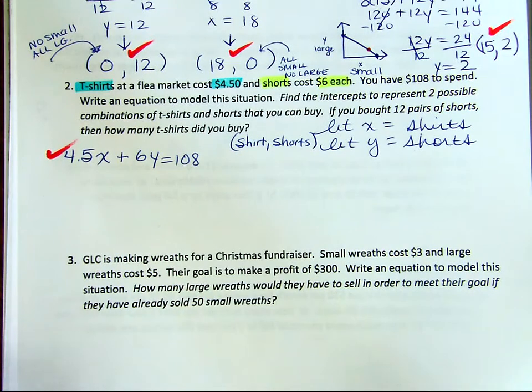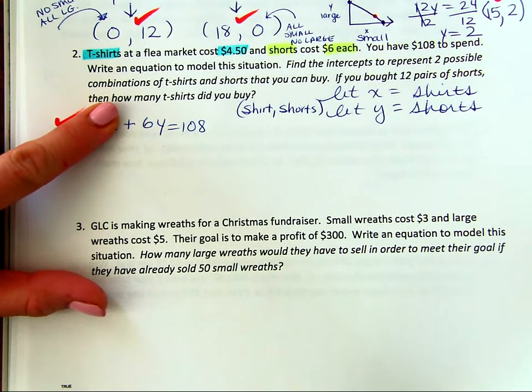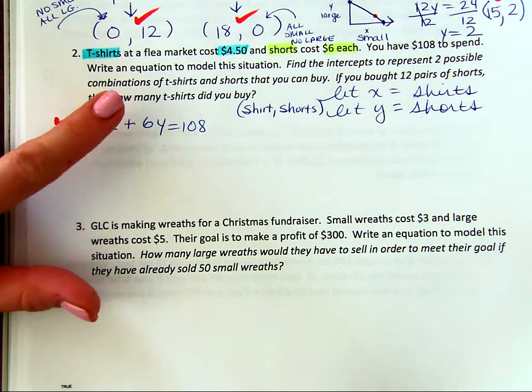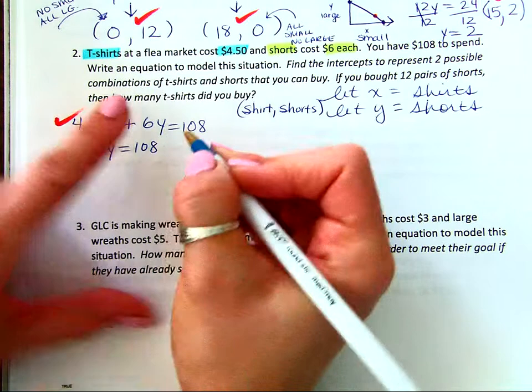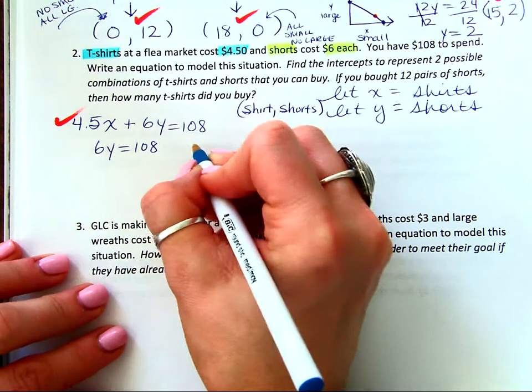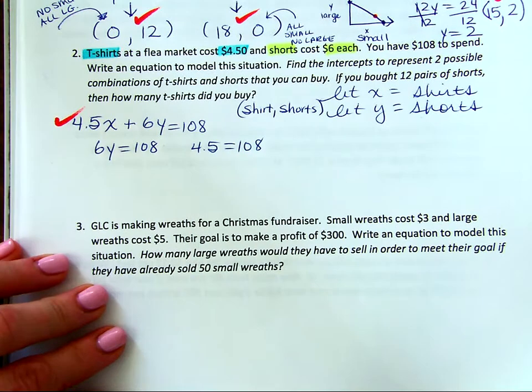Okay? So if I'm looking to find each of my all or nothings, in other words, my intercepts, make x 0 and you get 6y equals 108. Make y equal to 0 and you have 4.5x equals 108. And then when you divide both sides by 6,